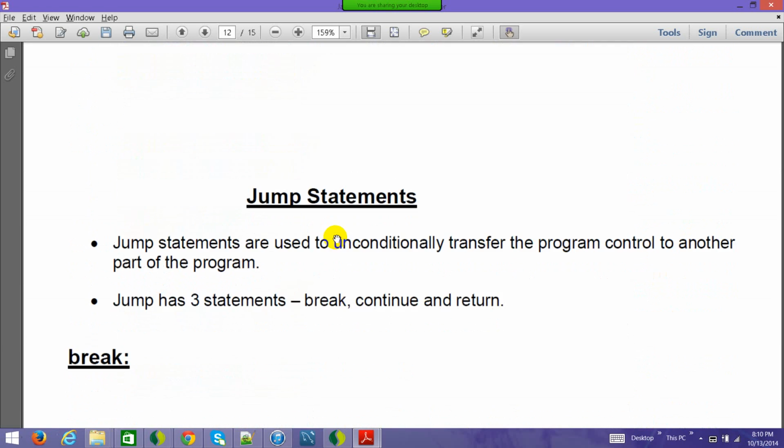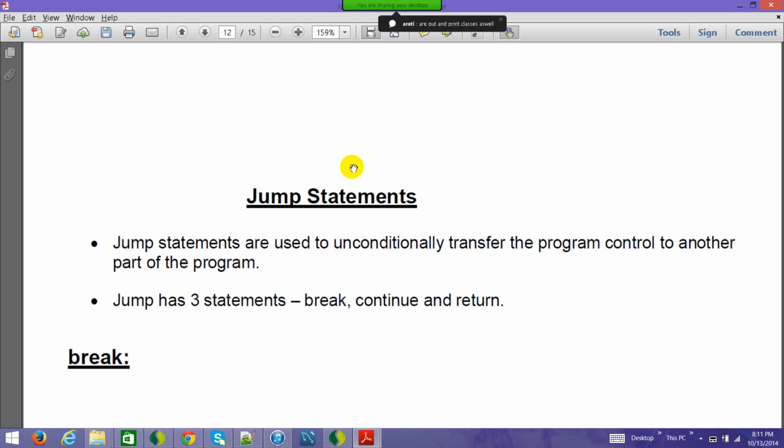Okay. Now coming back to the jump statement. So if you recall the control statements. So what are the control statements? Control statements were the statements which were actually controlling the flow of the program. And there are three different types.